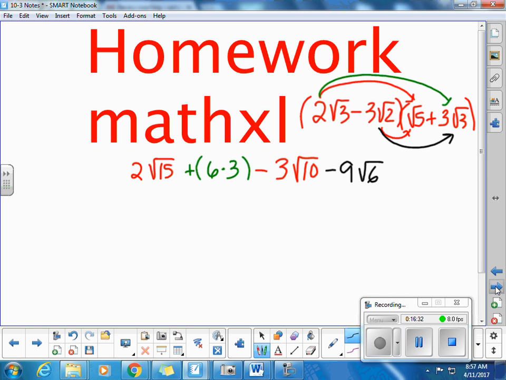This one, since I just made it up in my head, doesn't have much for combining. But, so 2 square root of 15, I can simplify. 2 times 3 is 18, minus 3 square root of 10, I can't simplify square root of 10, minus 9 square root of 6. So I don't have anything to combine here, but it's good practice to FOIL numbers out or use box method, but remember, have to multiply